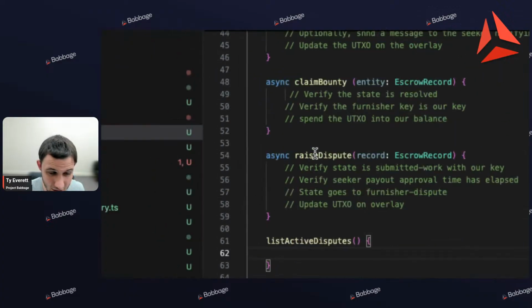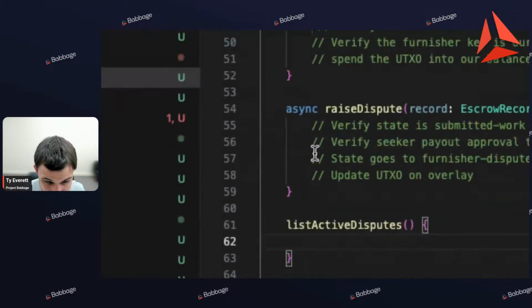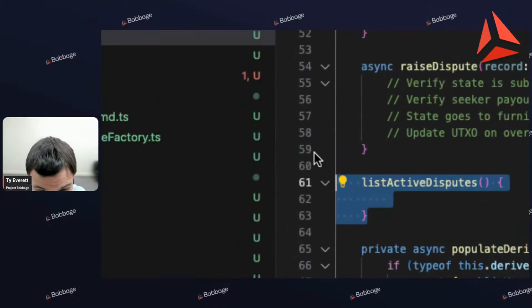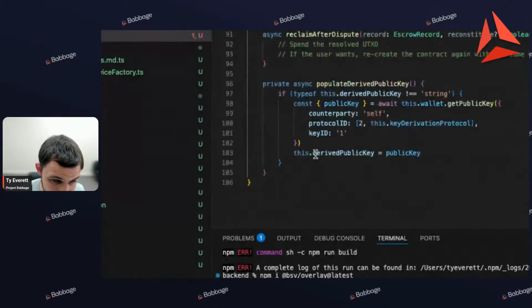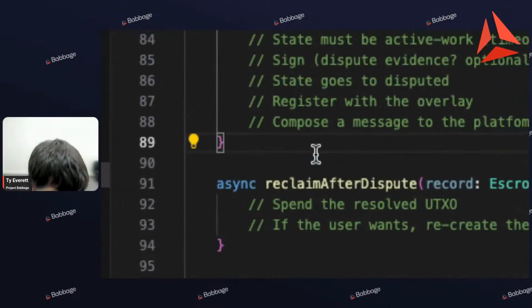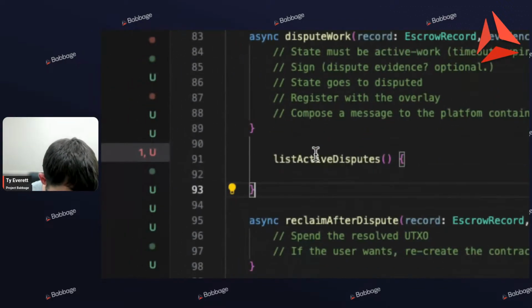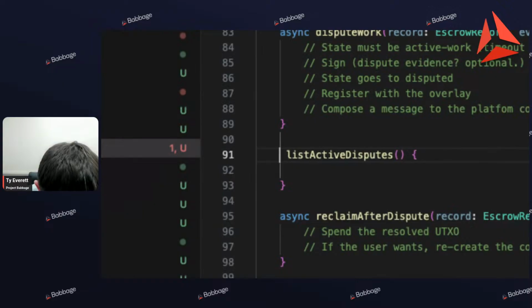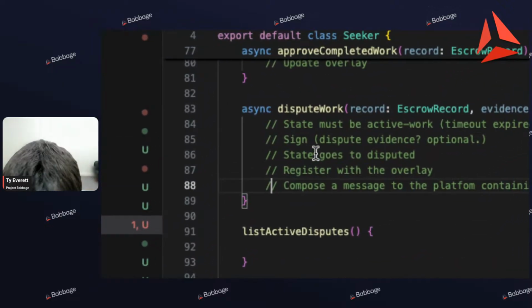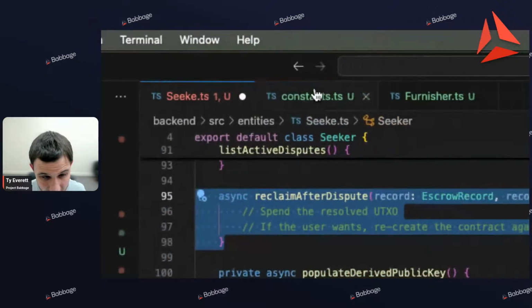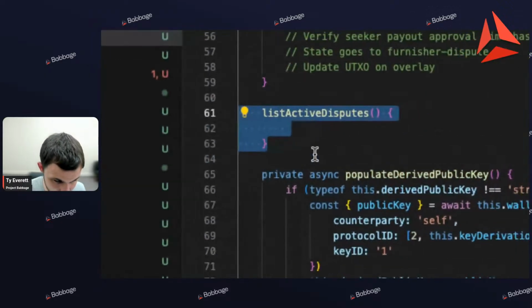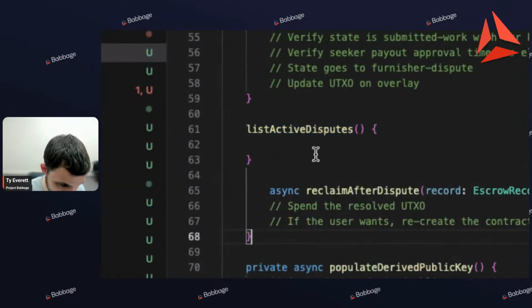Pretty simple. I'll also add that. I think I didn't add that to the other one. And then I can receive money from... so I can list active disputes, okay? And then same like this, I can, as a furnisher of services or products,